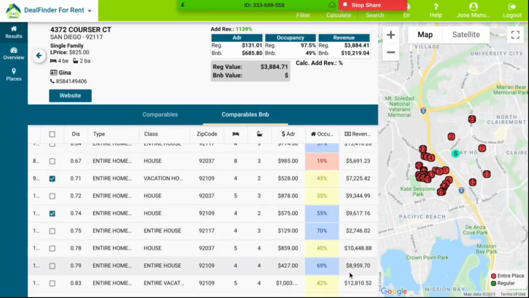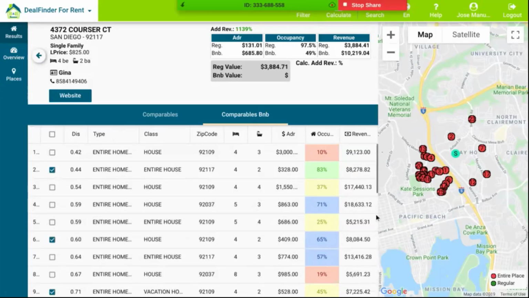Okay, it looks like even though we have a lot of properties in the area, basically just 4 of them are exactly in the same category of 4.2. Now let me click on calculate. Let's see the numbers, and it's not bad at all. The amount of money that you can be making when you put the property on Airbnb is a lot higher.